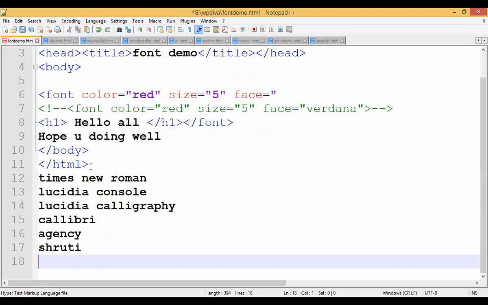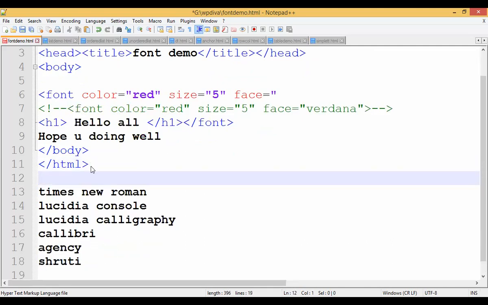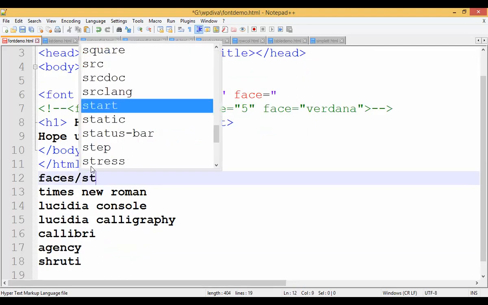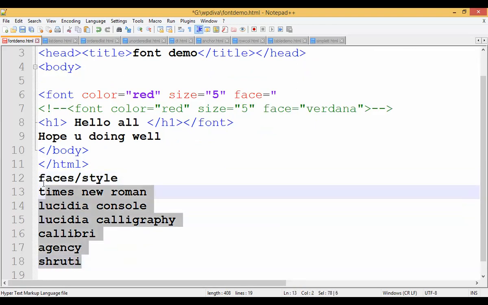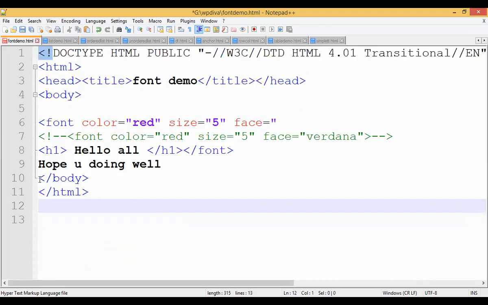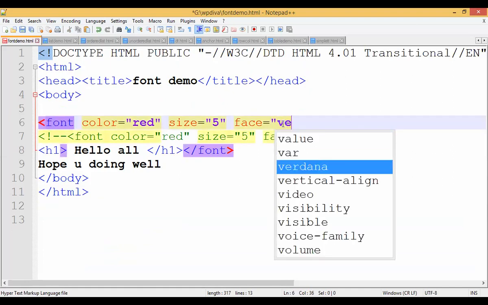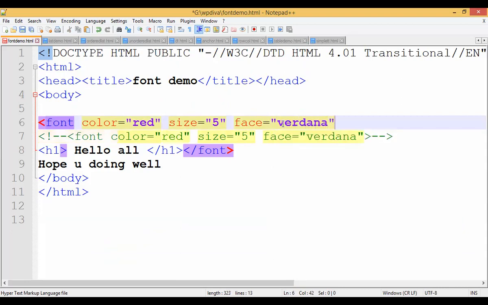So these are different font faces. What are they called? They are called font faces, right? Faces or the styles of the font which are used for formatting. So these are the different types of fonts. I will share those fonts with you later. So now I will take face, that is Verdana. It is also one more font, Verdana. Then complete with the double quote, right? Now just put a closing tag here for the font, right?